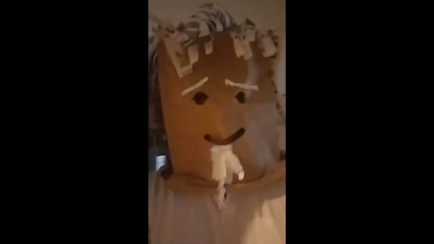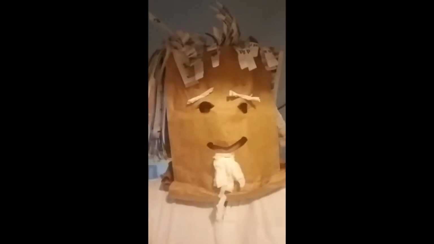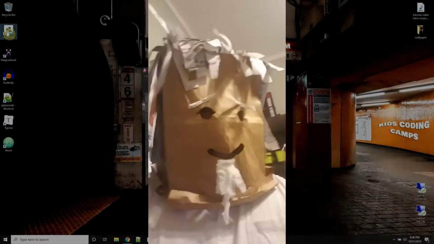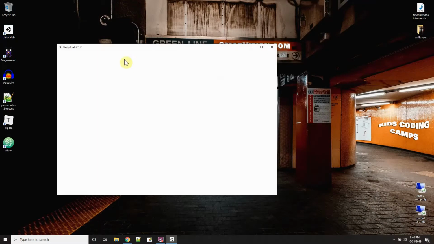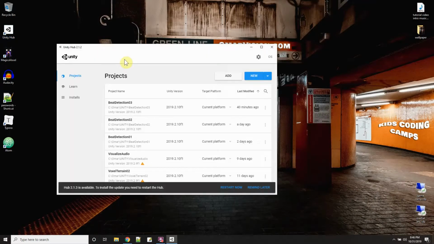Happy Halloween, everybody! In this next video, I want to show you how you could take a waveform from a song and display it in 2D in the Unity screen. Okay, here we go! Alright, in this video we're going to show you how to make a waveform display